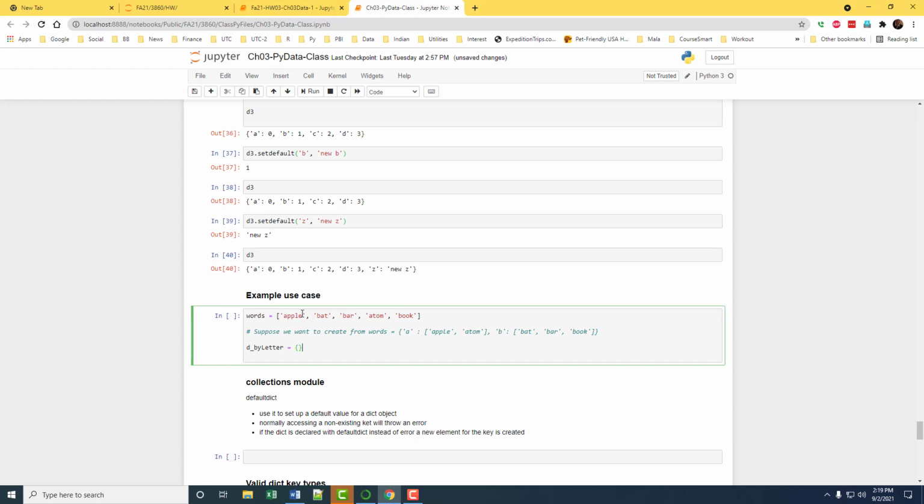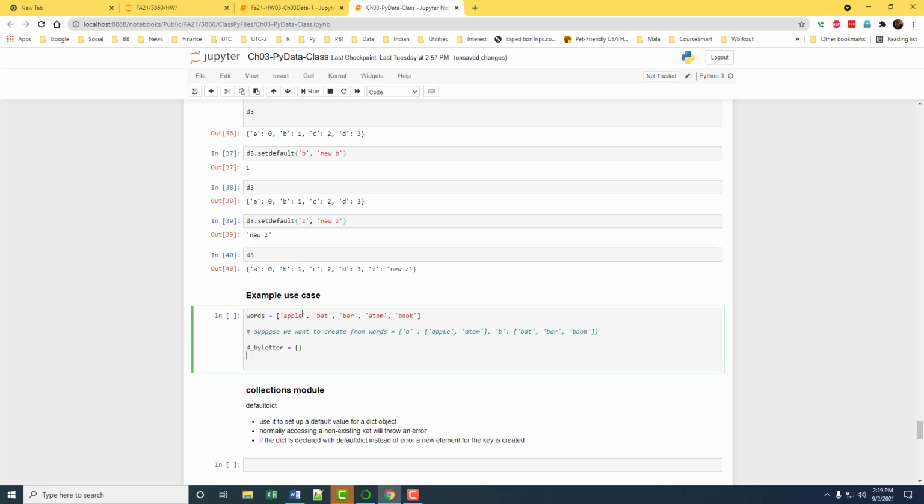Then we will iterate over this list. A list is an iterable, so we can say we want to go through this list and perform something for each element. So we say for x in words.